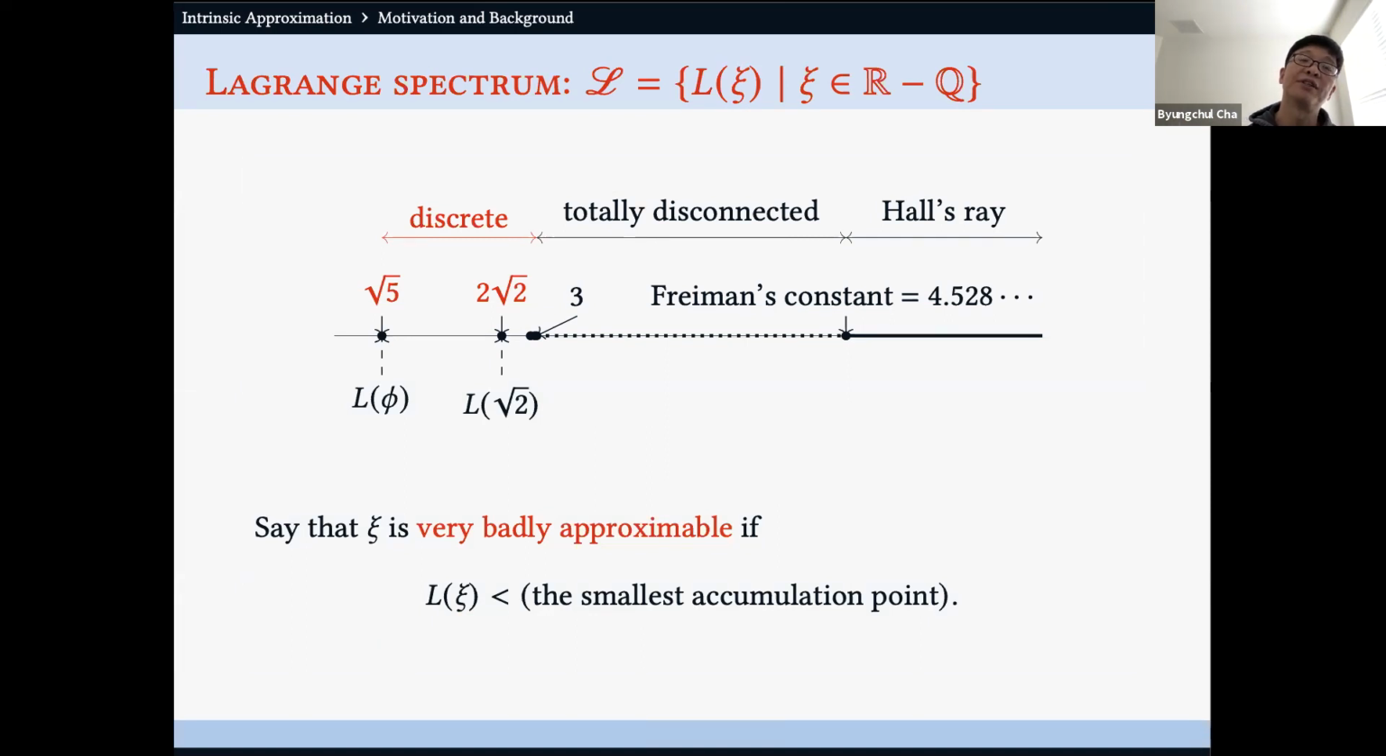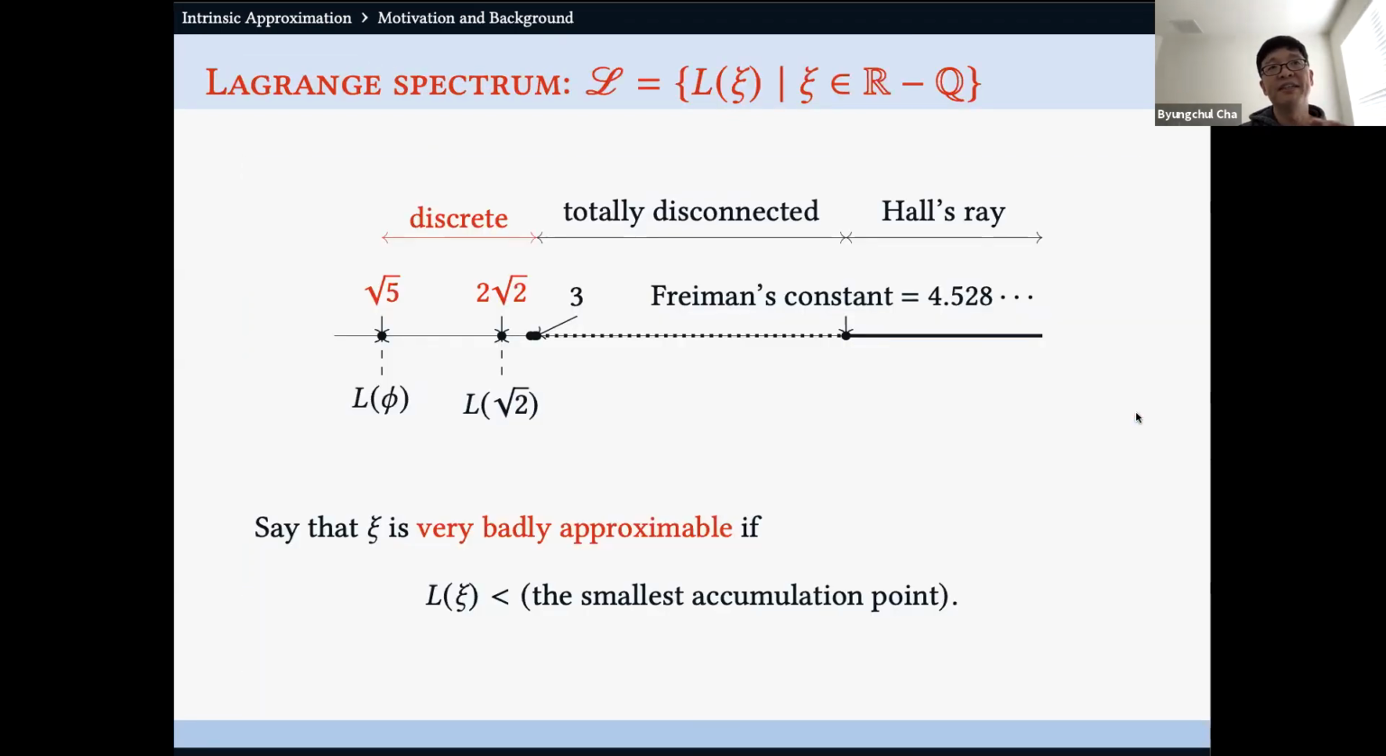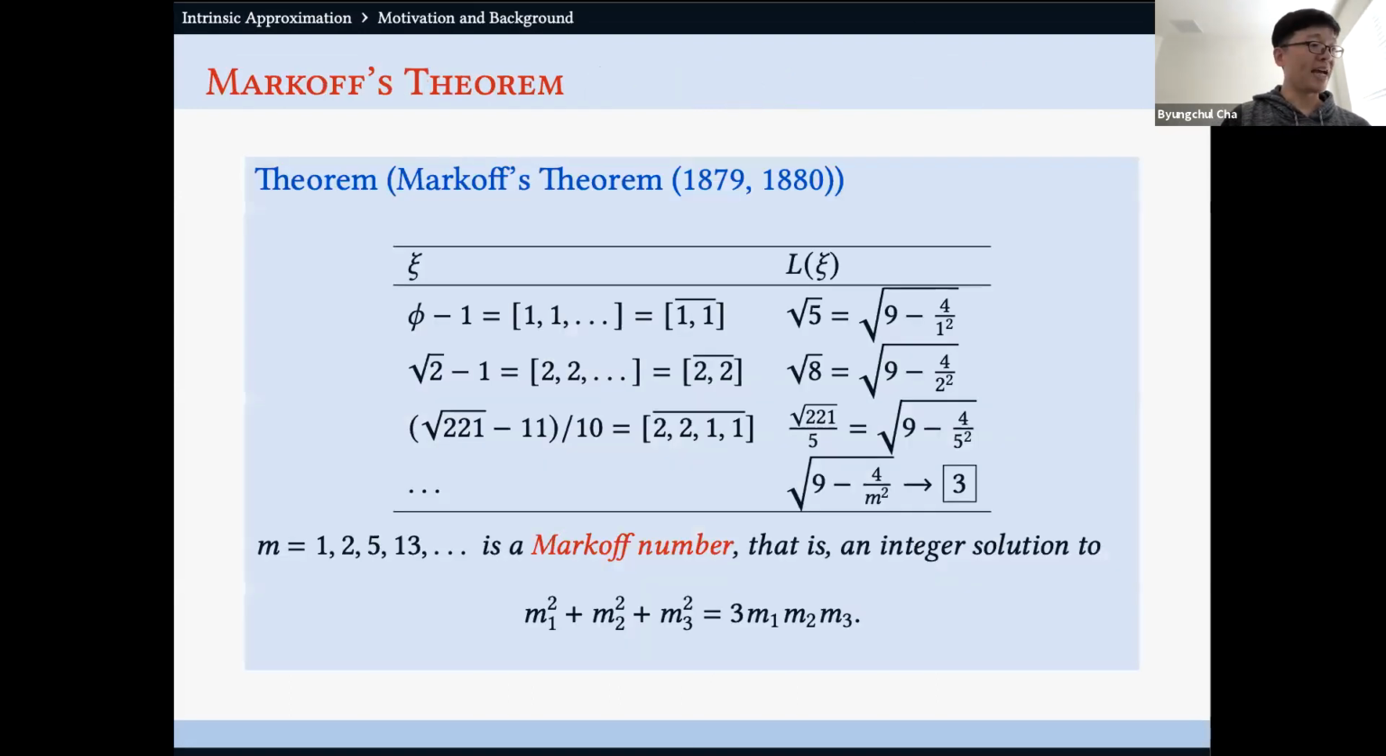So that's my definition. Now, the more common definition of badly approximable numbers would be, of course, when the Lagrange number is less than infinity. And we insist that to be very badly approximable, it has to be really bad. The Lagrange number has to be really small so that it belongs to this discrete part of the Lagrange spectrum. Now, this is the regime of the Lagrange spectrum that we're going to be interested in in this talk. Okay, so that is my